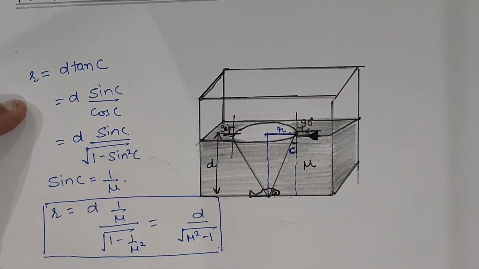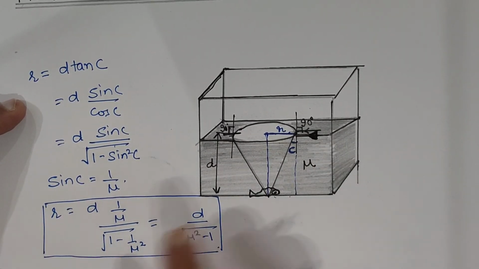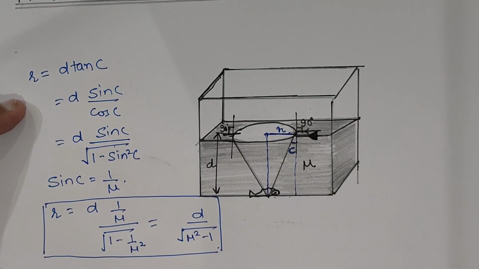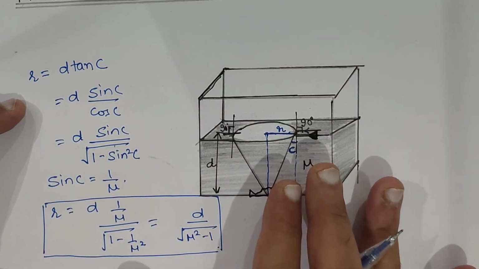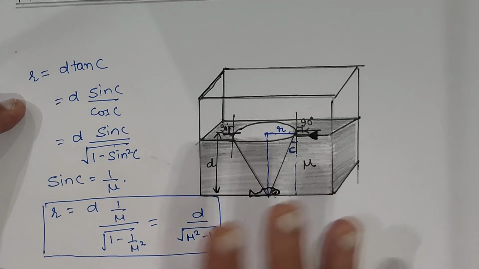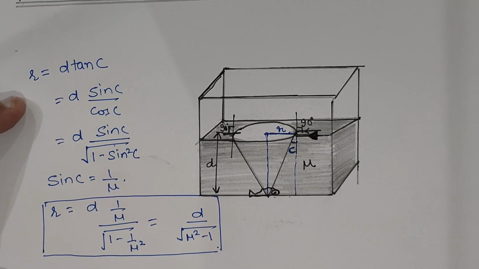Similarly, if a source of light is kept in a pond, its light will come out only through a circular patch or circular region. For any incident angle greater than the critical angle, the light will be totally internally reflected back into the water, making the corresponding region on the surface of water appear dark. That's why pond water sometimes appears dark, because of total internal reflection. This is again a 1 mark question.